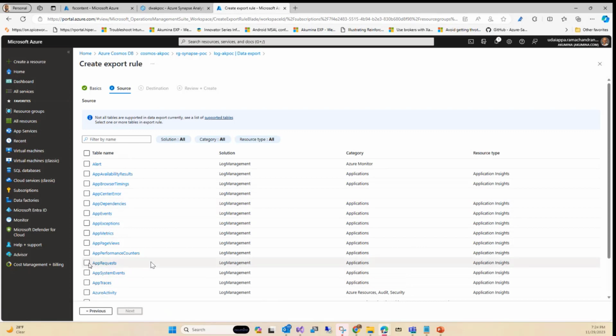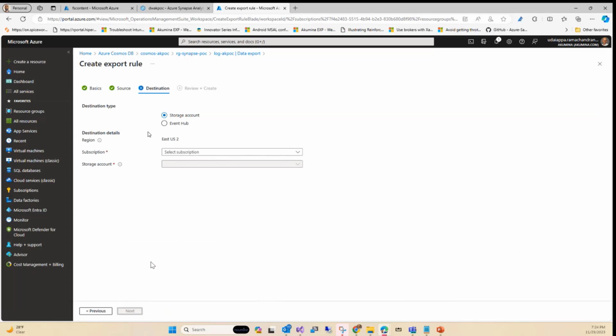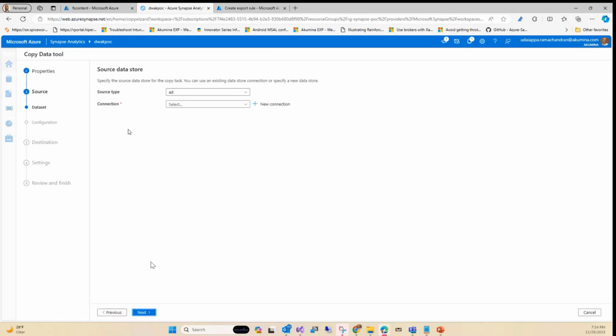But in our demo, I selected the app request and then I click next and then I complete it. Okay. Select subscription and then which storage account it is. I completed it. Excuse me. I have the data. So this step has to be completed first. Once this step is completed, then you come back over here and then select